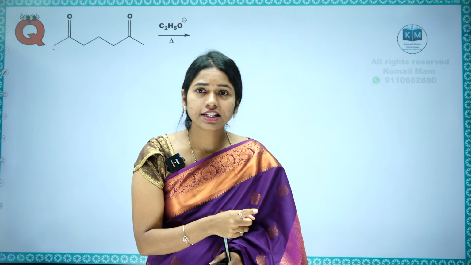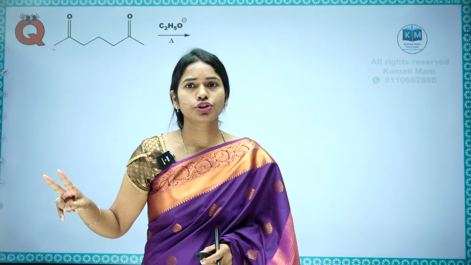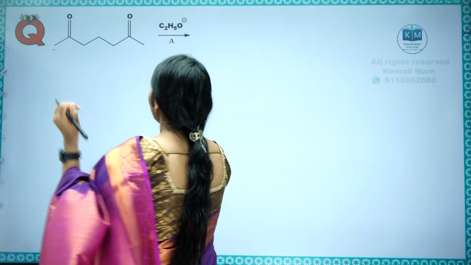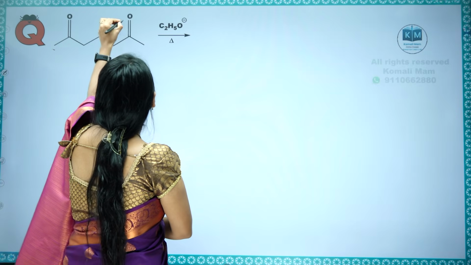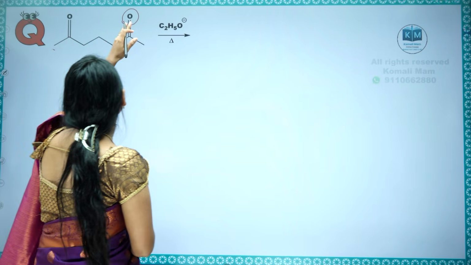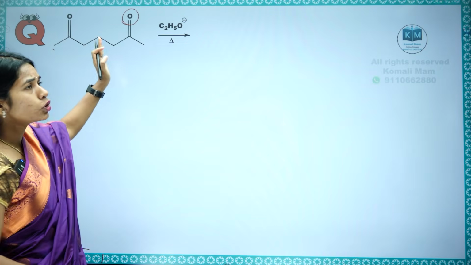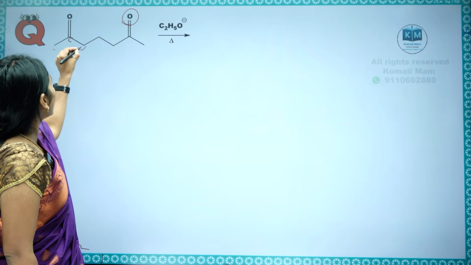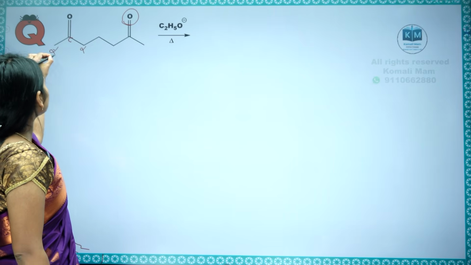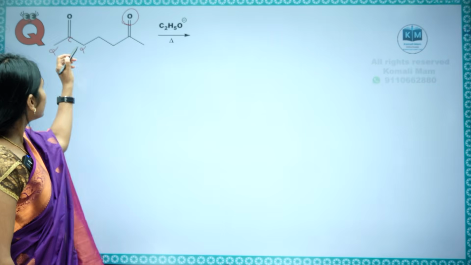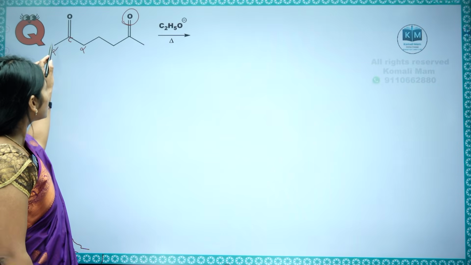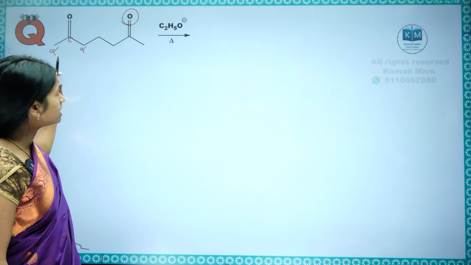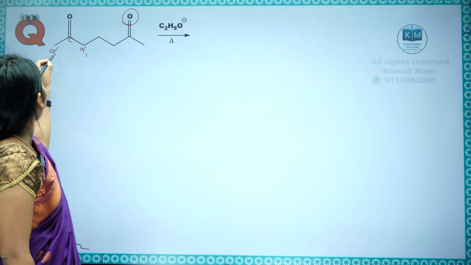Next one. What is our main trick? Remove oxygen, remove two hydrogens, put a double bond. Let us see which oxygen you want to remove. Let's say for example this oxygen you want to remove. Then on the other side you need to remove two hydrogens. So this is a carbonyl carbon. Next carbon is alpha, this one. This is also an alpha carbon. So either from here you have to remove hydrogens or from here you have to remove hydrogens. Let's say alpha 1, alpha 2.